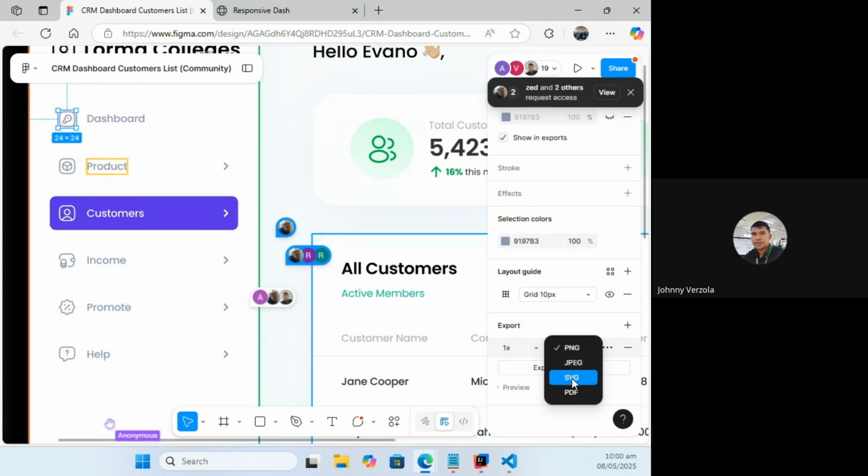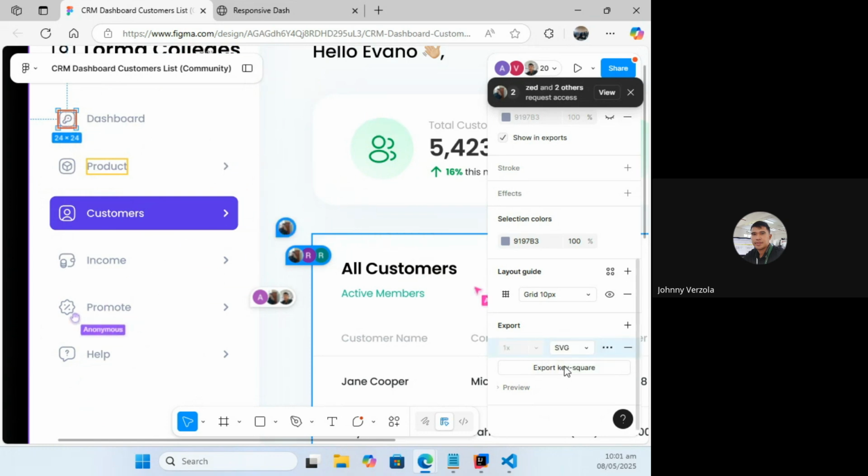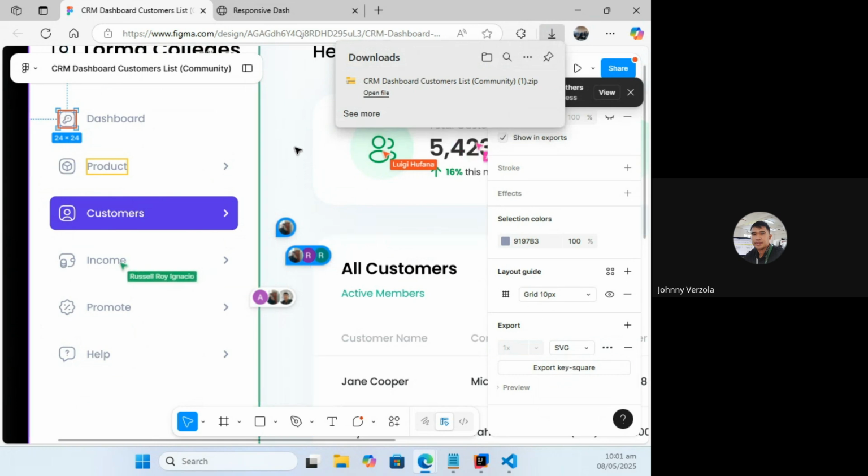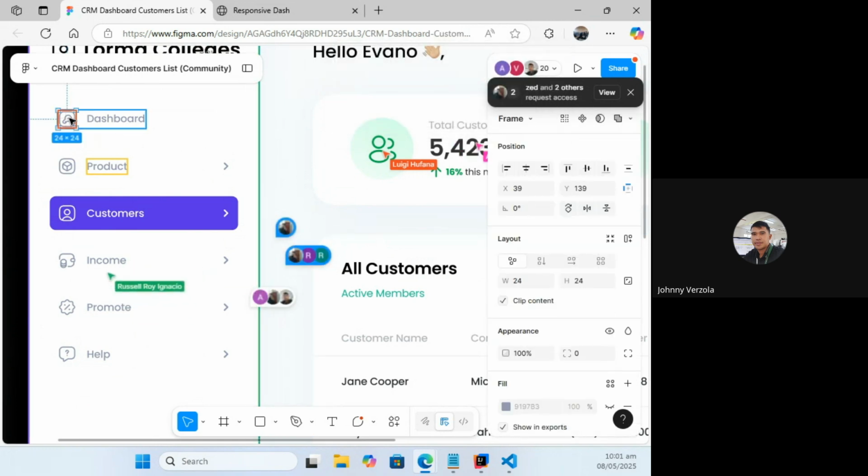SVG, scalable vector graphics. This is a code format of the image wherein you can alter the stroke color and so on, whatever properties of that image via CSS or via JavaScript. Okay? So we're just going to basically do the SVG. SVG na picture, pwede natin yang mapalit-palitan. I'm going to export that, or to make this quick, I can multi-select it.